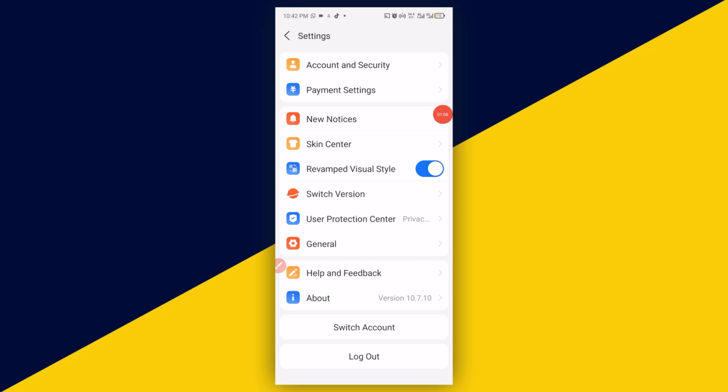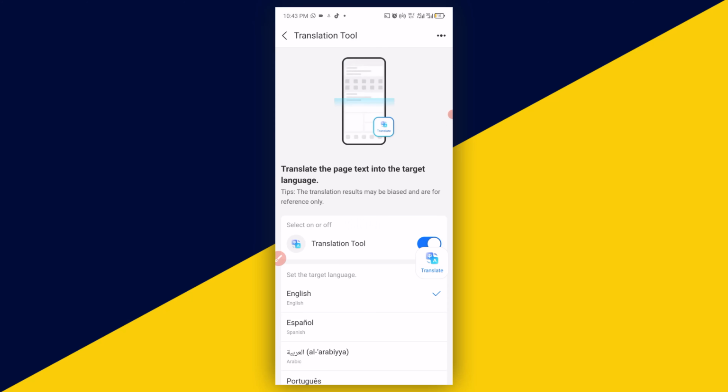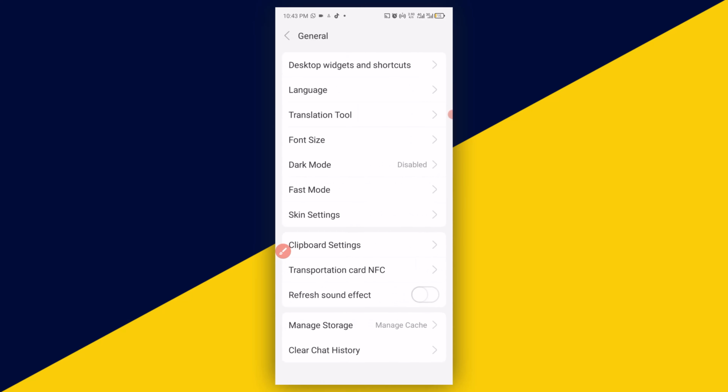Then it's going to take you right here. Next thing you need to do is to simply click on General. That's going to take you right here. Next thing you need to do is to click on Translation. Then it's going to take you right here. What you need to do is to make sure you enable this particular toggle button right here. Make sure this button here is enabled. Once you enable it, you are going to see your translate icon on your Alipay home screen right here. So I'm going to simply go back now,